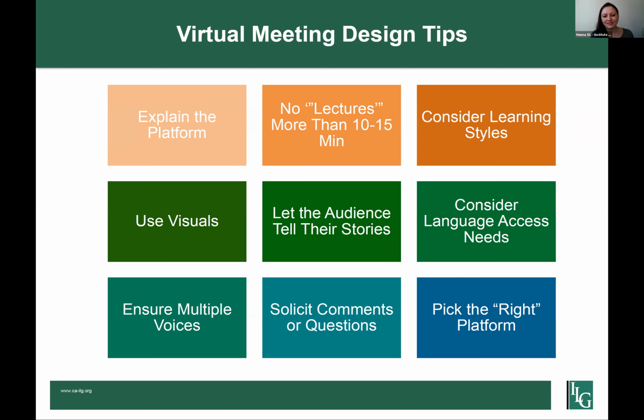And related to the last point I made about the audience speaking, just ensure that you have multiple voices. So we're obviously modeling that here. Hannah and I are ping-ponging this particular slide, but we've also had others on our team talk, and have invited all of you to share. So it's helpful to not have people tune out what you're saying. And in in-person meetings, what I would add to this is also move around the room. So not only have different voices talk, but try to talk from different spaces in the room so that people are moving around a little bit to look at the speaker instead of just staring at one screen or one podium the whole time if possible.